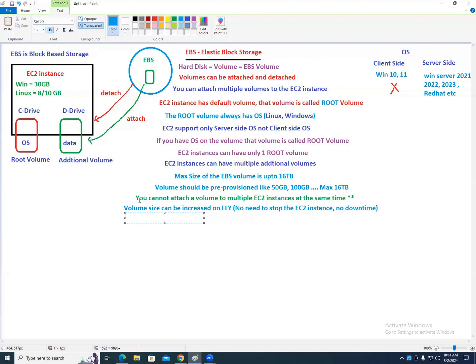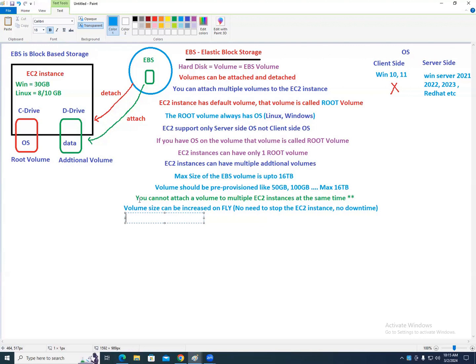Now, volume size can be increased, but volume size cannot be decreased. That is by AWS. It cannot be decreased. Just assume you have data inside it. Can you decrease it? I'm an extra-large guy. Is it possible to have a large t-shirt for me? No. Right? So volume size can be increased, volume size cannot be decreased.